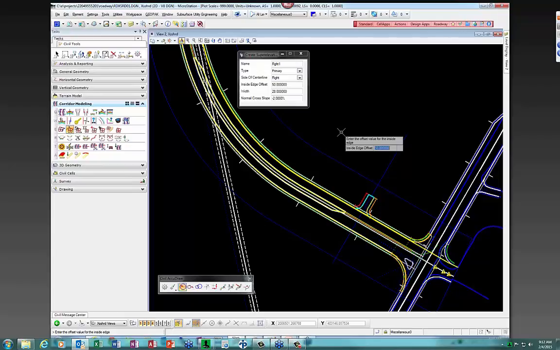So the first inside edge offset will be 0, and then the lane width is going to be 11, and then the slope that I want it to use is -2 for the right side. And it should have